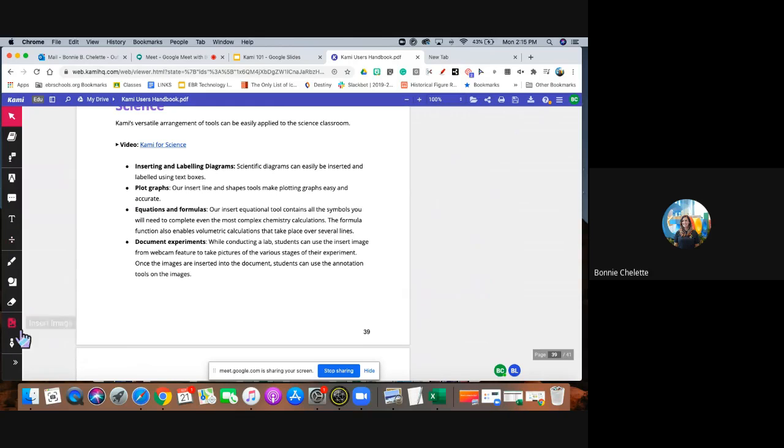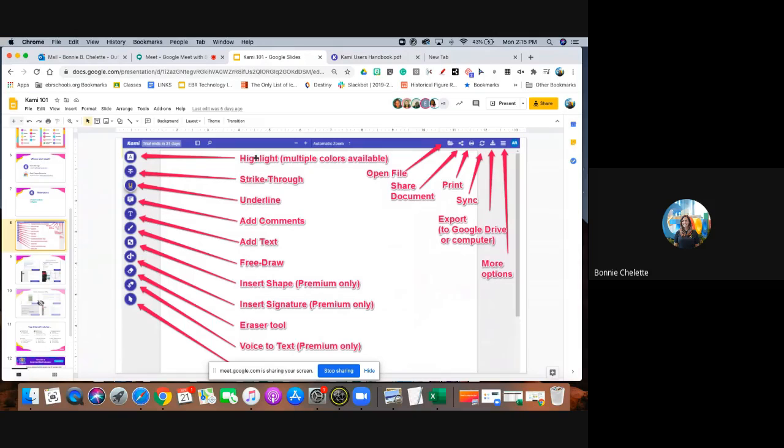I've got all these icons up here, all these icons over here. Remember, I got this quick guide. If you've got any issues, can't remember what something means,